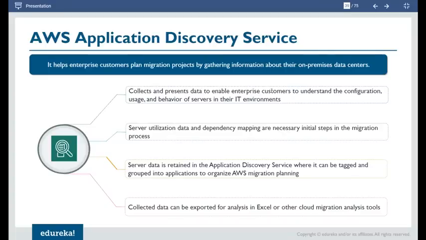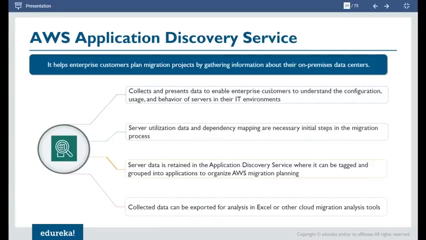It is going to generate a report. This tool gets all the data from your on-premises and helps you generate a report to understand the utilization, the performance and the behavior, how it is working in your on-premises, so that you don't have to do a lot of manual tasks.